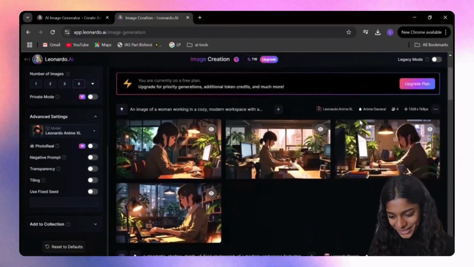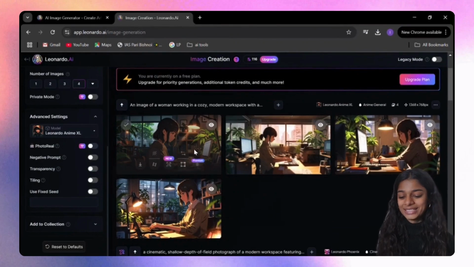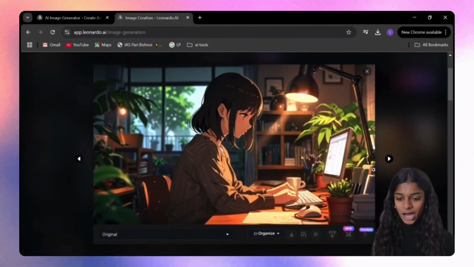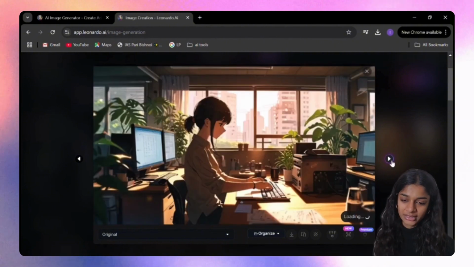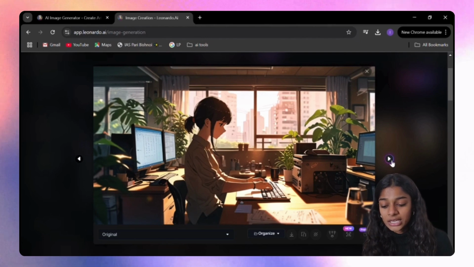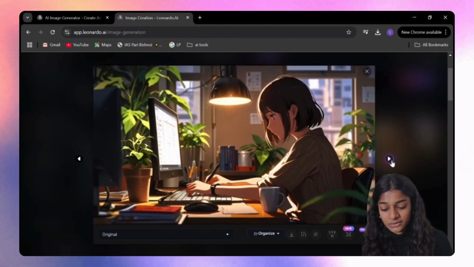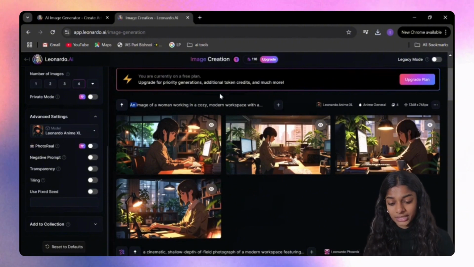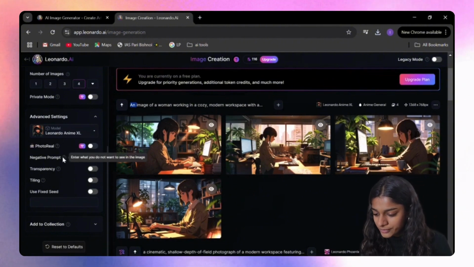Oh my god, guys, look at these images. They look so realistic, and how much effort did it take me to make these images? Nothing. I just wrote a simple sentence, and the tool has given me so many beautiful images which have so many elements which I did not specify at all, but it almost resembles my imagination. And I love this photo now. Also, you can simply download them by clicking on that arrow. It's so easy to do.